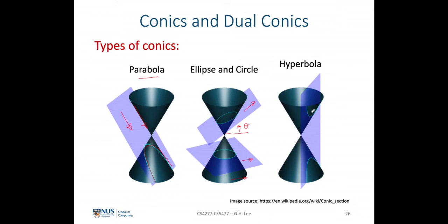And in the case where the tangent of the plane is aligned with the vertical axis, parallel with the vertical axis of the inverted cones, then the intersection of this plane with the inverted cones would give rise to the